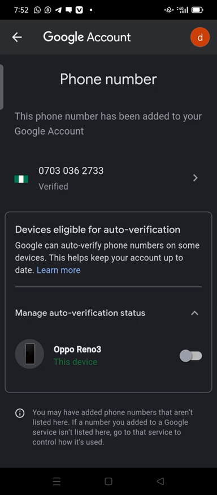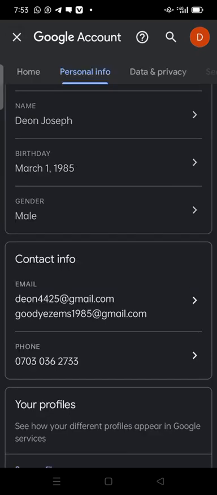If you enter a new phone number, Google will send a code to that phone number immediately to verify that the phone number belongs to you. They just want to be sure that if they send a code to that phone number, you can receive it. So once they send that code, you go to your SMS and copy it. The code they will send usually starts with G, then a dash and six digits. Copy it and put it inside the space that is there. Once you put it, the system will recognize this phone number and say it's verified. So this is the thing to do here and the way to go about it.